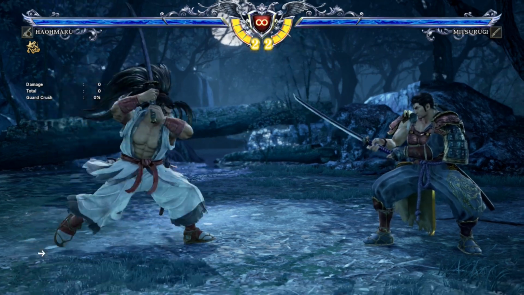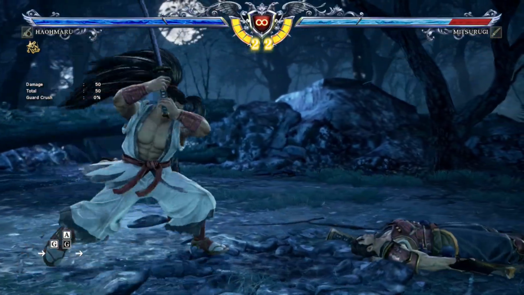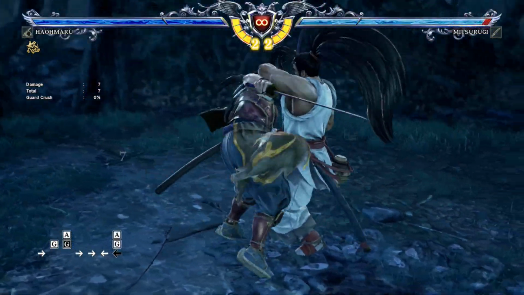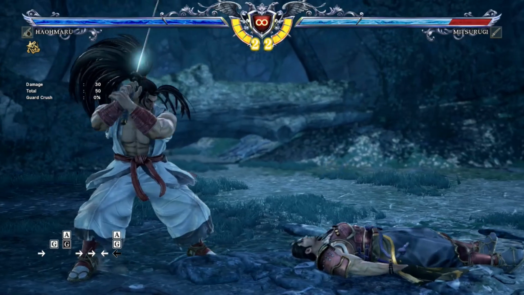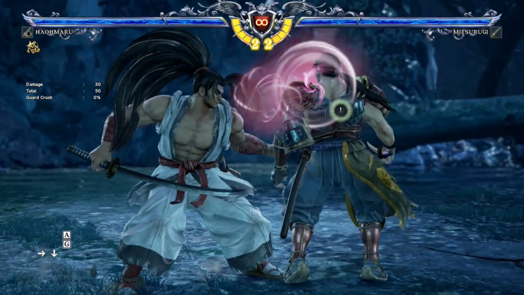Haohmaru's throw game is fairly okay. For instance, I'll just show you his neutral throw right here. His A plus G gives you 50 damage. His 4 A plus G also gives you 50 damage. His left side throw